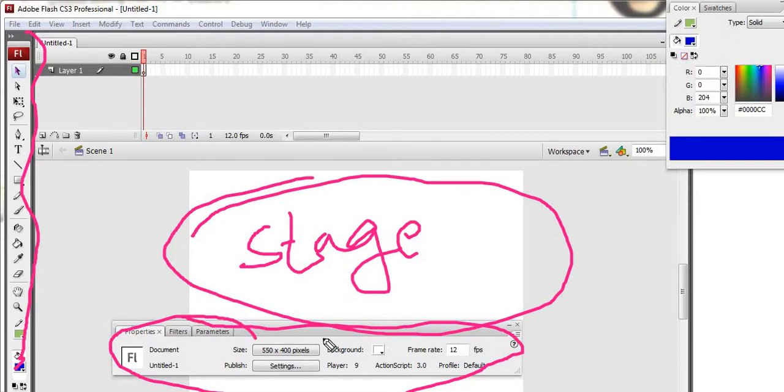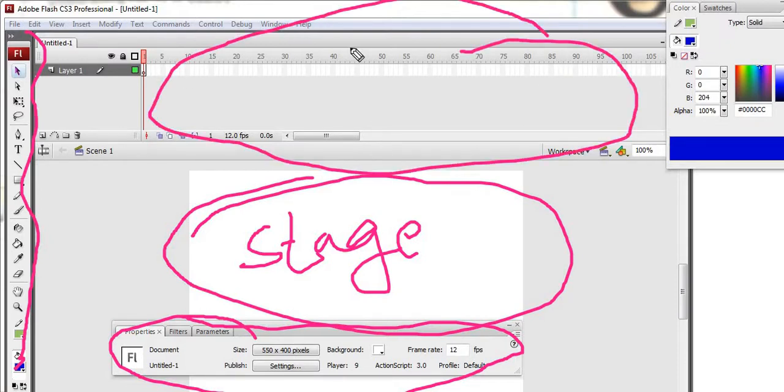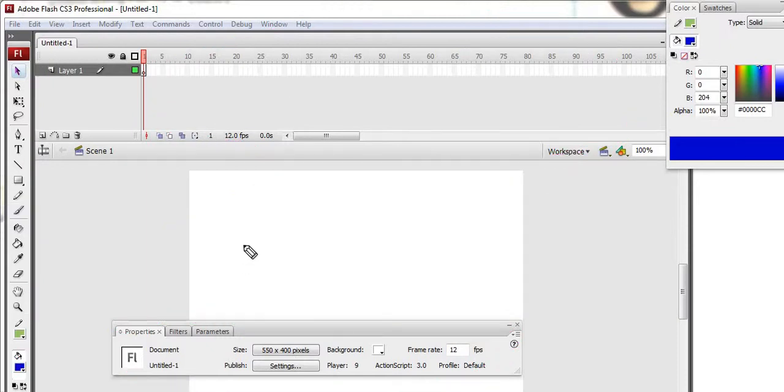So two components: the stage is there, the tools palette, which we can call the toolbox. Then the third is the property inspector, and the fourth is the timeline. Frame by frame timeline is there. In this timeline we can decide each frame, right? I hope you understood. So this is the stage, the main part where our object will perform.